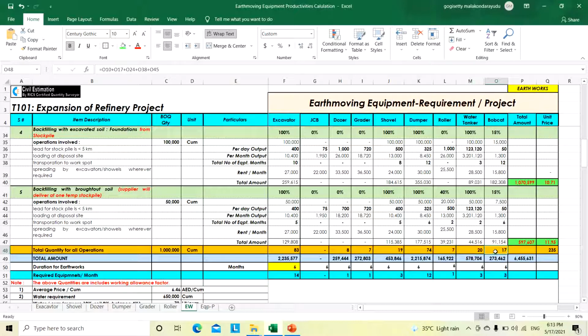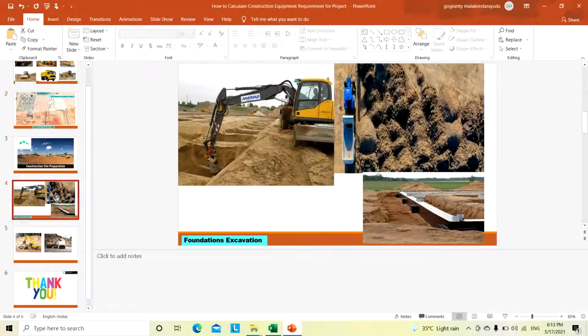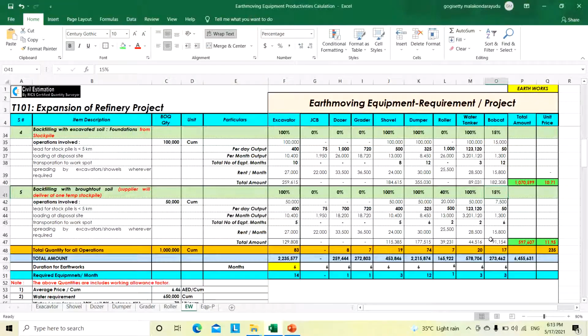Sometimes we need to consider a bobcat also, because in some places we could not use the excavator or shovel for backfilling. So we consider some percentage of bobcat also.